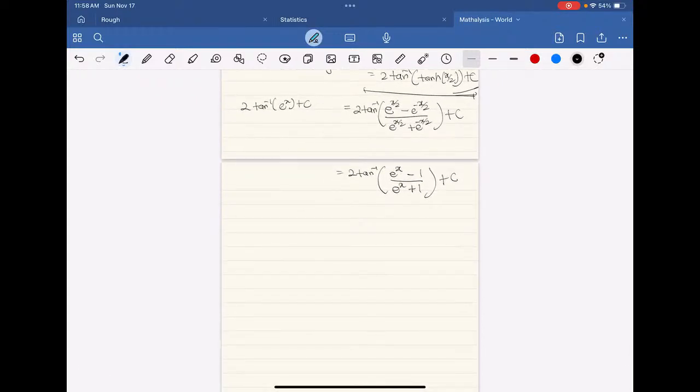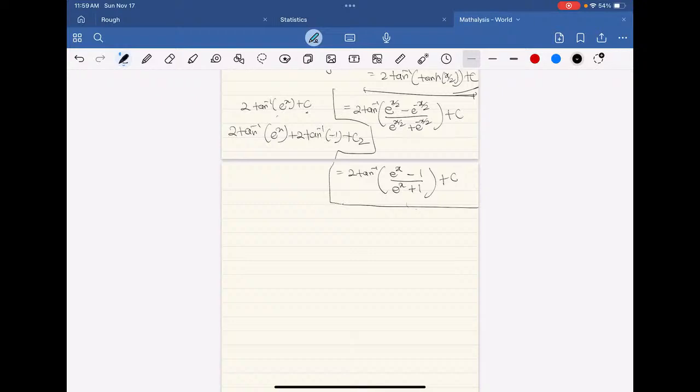Okay guys, so if I cannot change this to this one, let's try to change this to this one. Let me try to change this one to this thing. Okay, so let's say if C was 2 tan inverse minus 1 plus C2, then